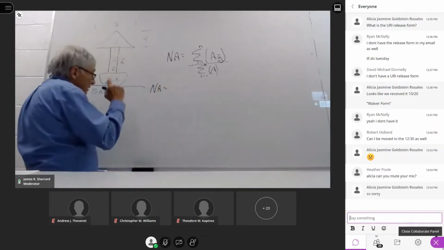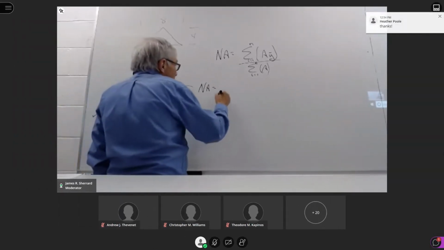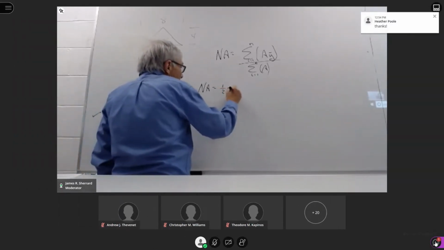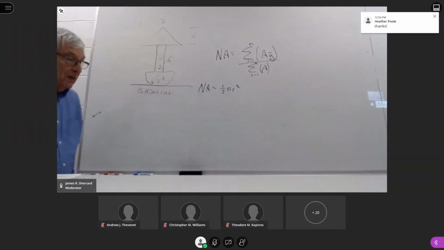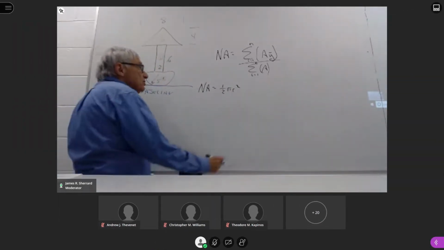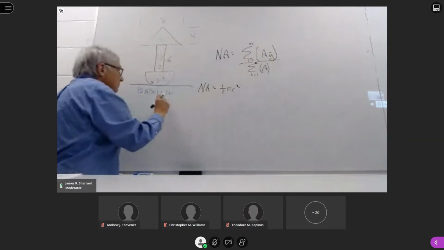So we have the area of the semicircle, so it's going to be 1/2 pi r squared. Then we need to find the distance of the centroid of this area in reference